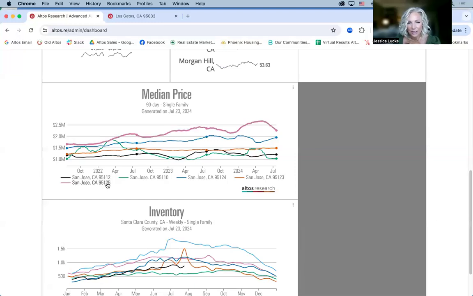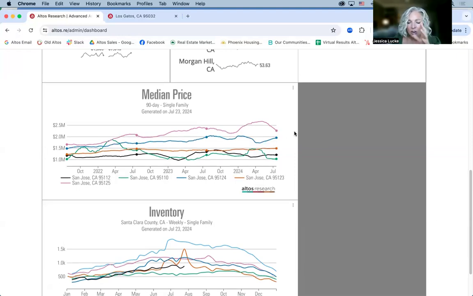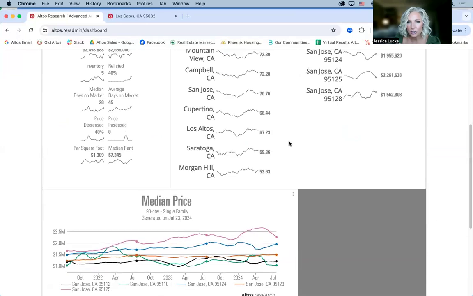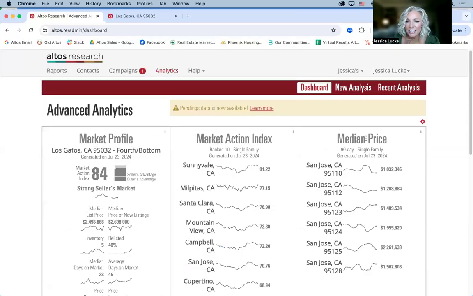Great. But if my concern is what the median price is today for each of the zip codes, this line chart makes it a little more difficult to decipher. Whereas the spark lines, if we scroll up, median price,